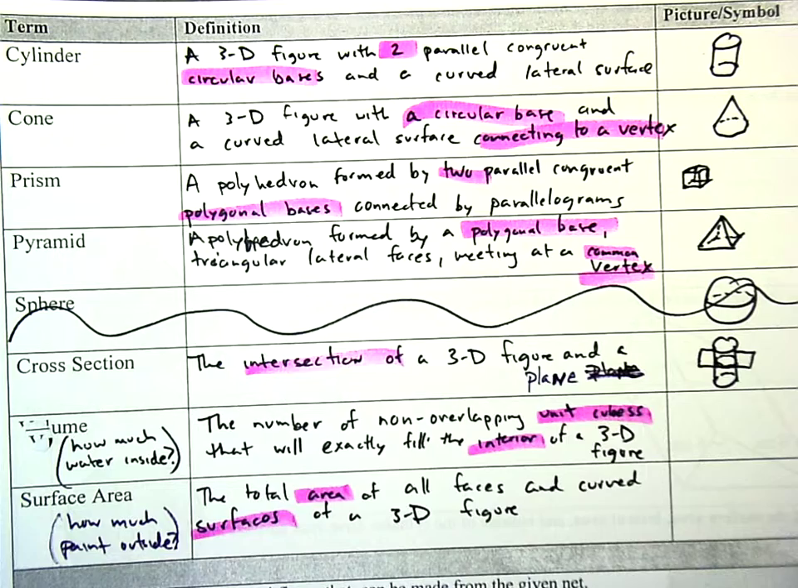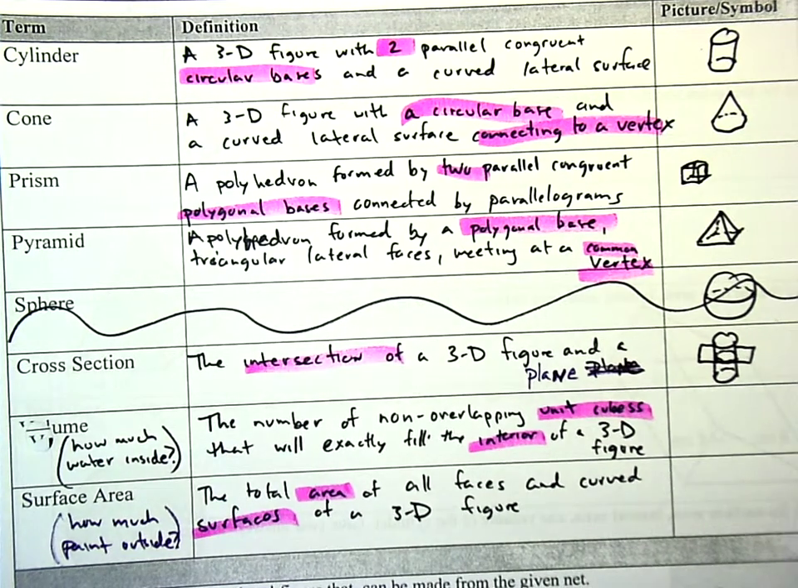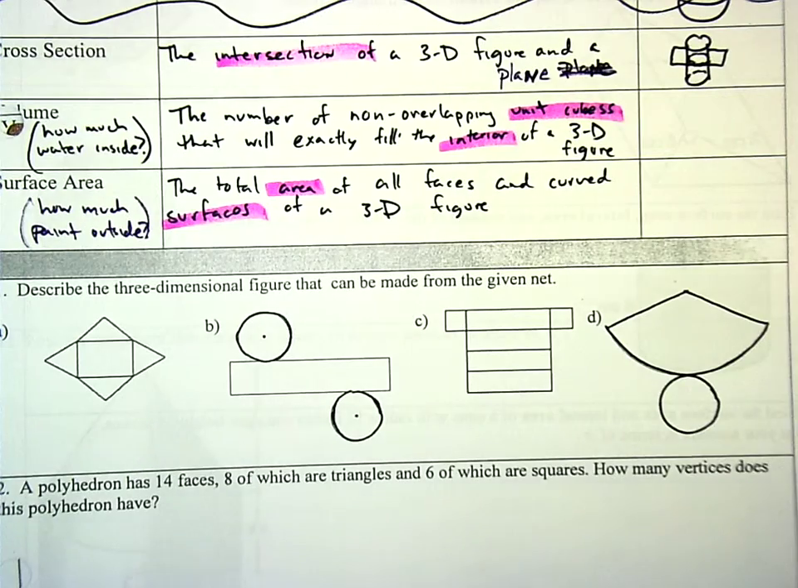Make sure you pay attention to those, highlight those, underline those. And you can go ahead and pause the video if you need to copy those. Otherwise, I'm going to move down to problem number 1, and these are things that we've done in class,